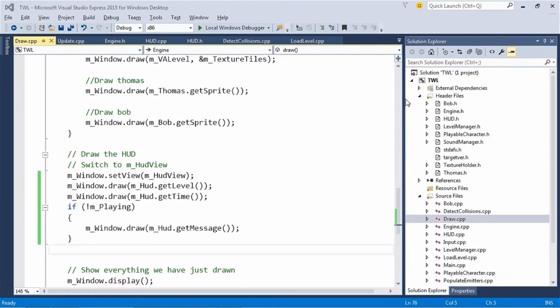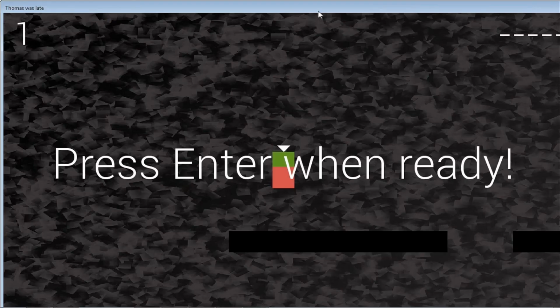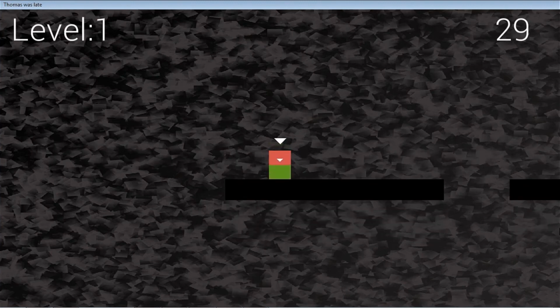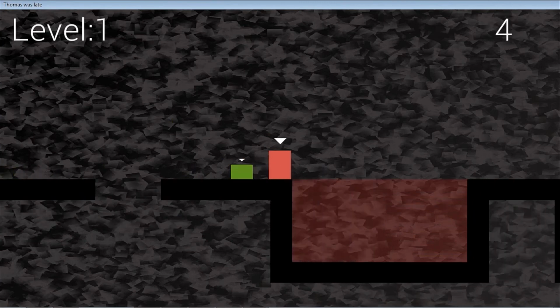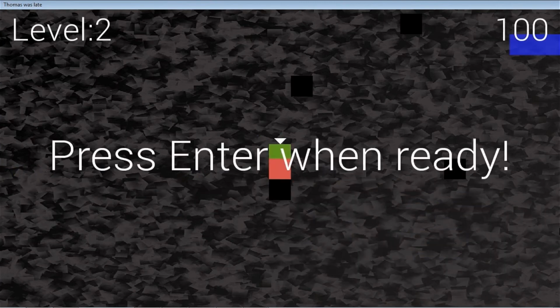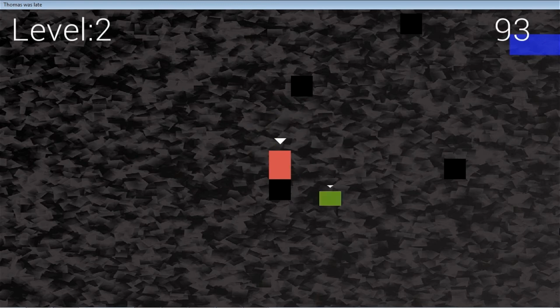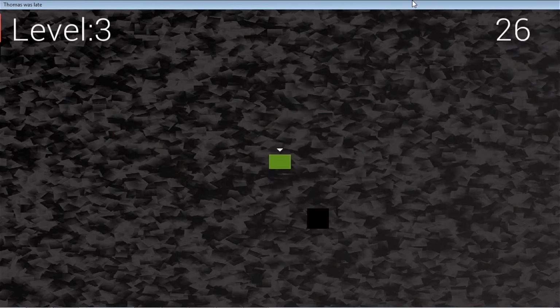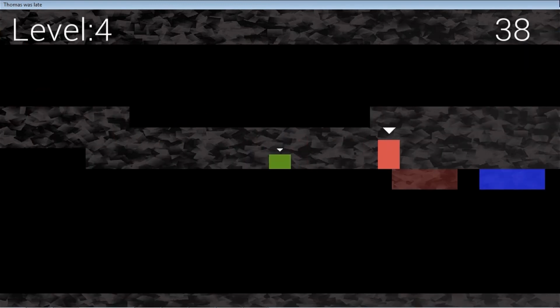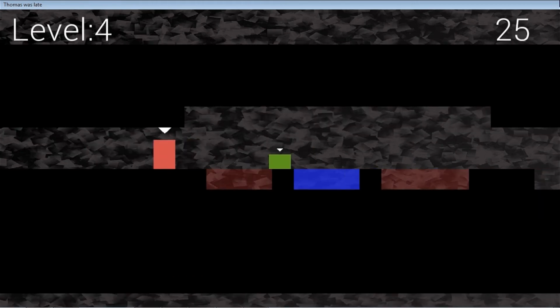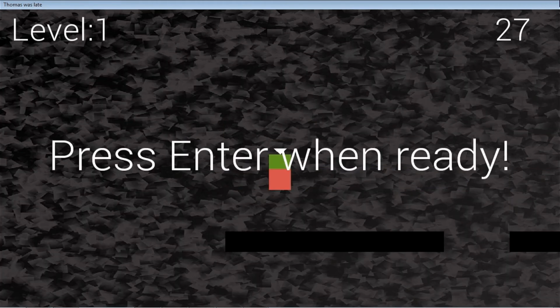You can now run the game by clicking on the Local Windows Debugger button. Press Enter. See the time tick down. You can also play a few levels. See how time ticks down, level ticks up. Now we're in level 2. I'll play around a bit. See, now we're in level 3, and this is level 4. When a player dies, you have to start from the beginning. And when you get back to level 1 again, notice that you have 10% less time than before.